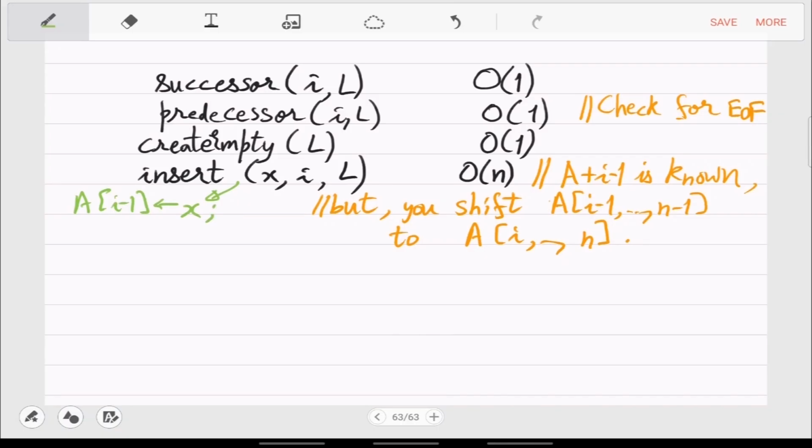You want to insert element x in the ith location in the list, which means the I minus 1th address in the array that you want to set to x, which you can do freely in constant time. But then you don't want to lose the original data. So I minus 1 to n minus 1 has to be shifted forward.